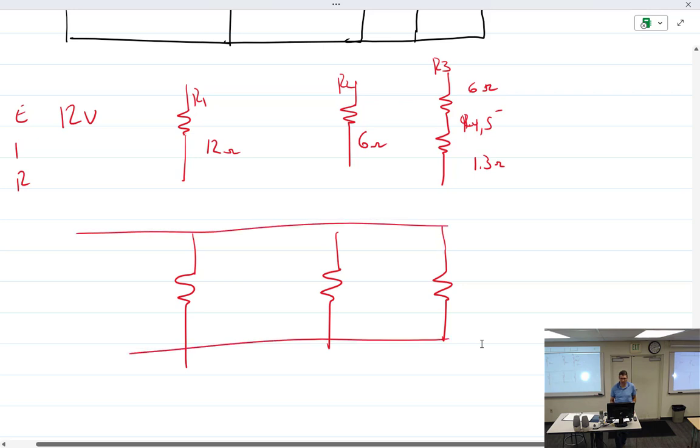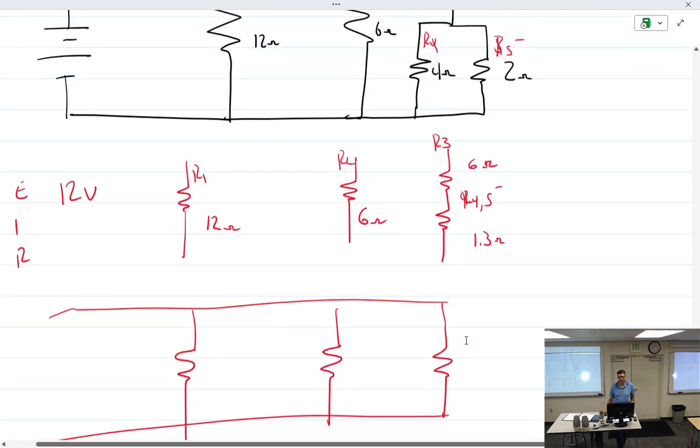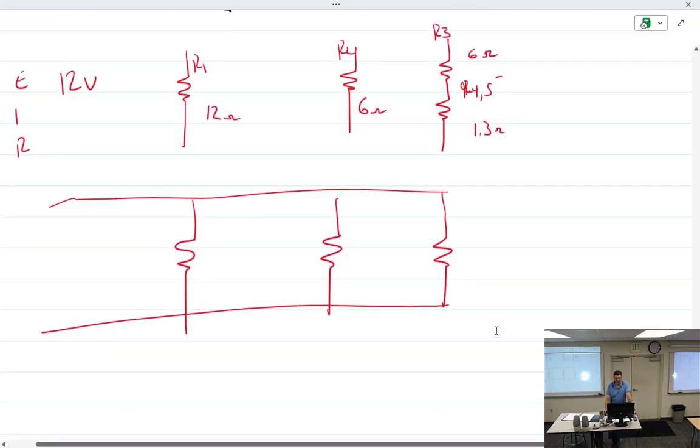So it simplifies down to 3 parallel resistors, where E = IR,